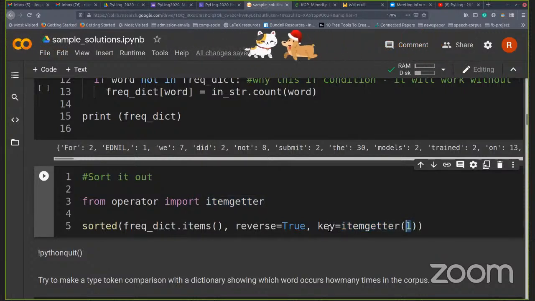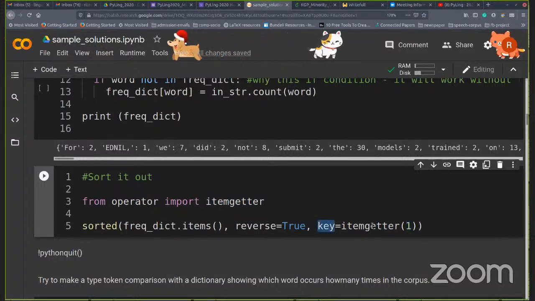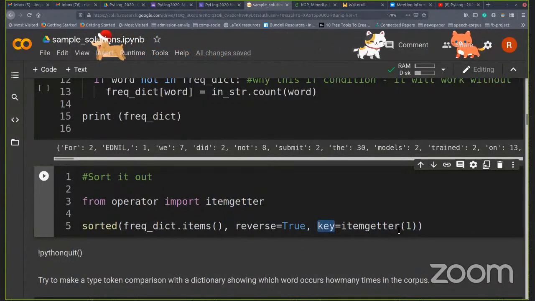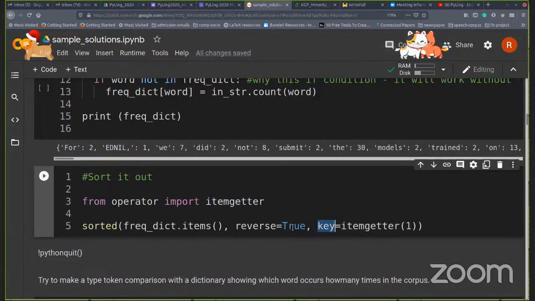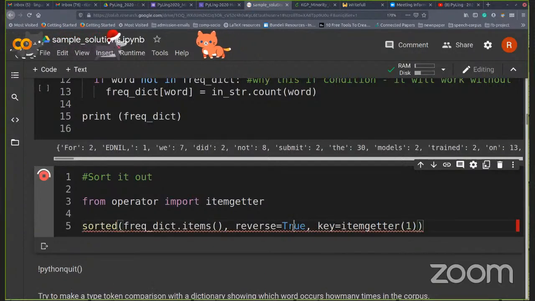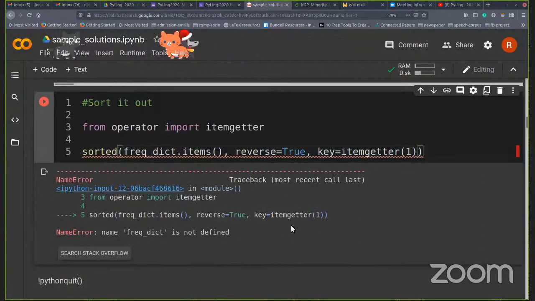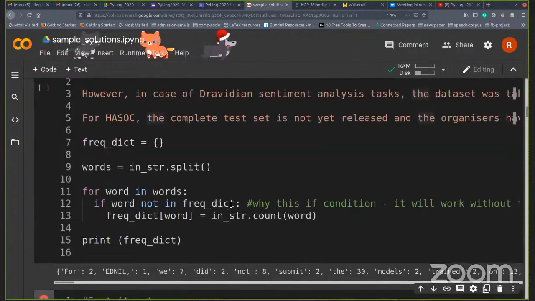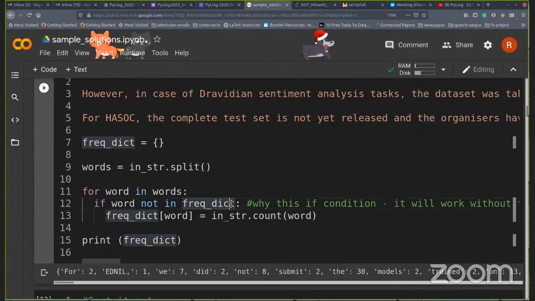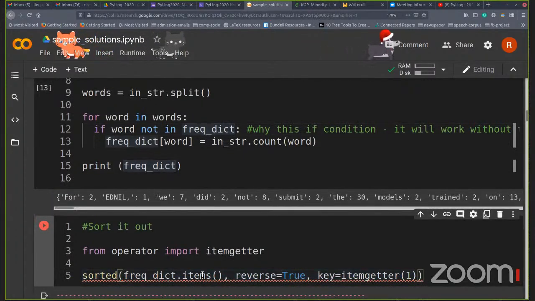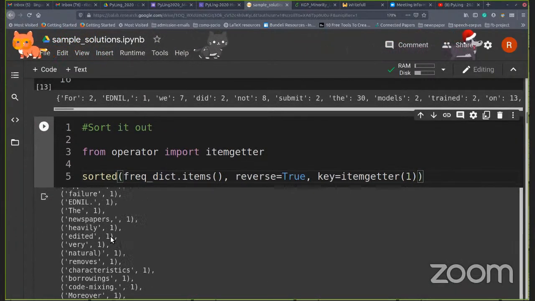So this key is actually the key for sorting. You use these items for sorting the whole dictionary. Also, I put reverse equal to True, which means that we will have this in descending order, so the most frequent words will occur at the top. Now once you have this, let's see this. Something is wrong here. I didn't run this one this time, so let me run this one. And if you run this again, what you get is this